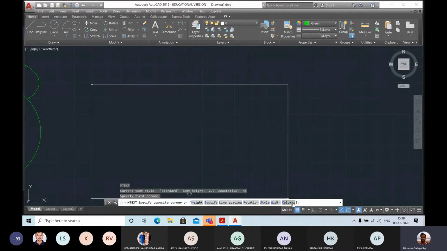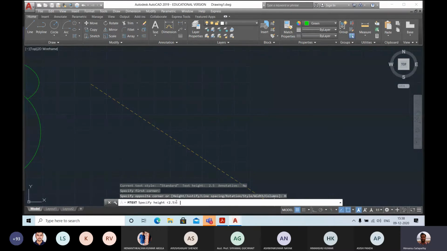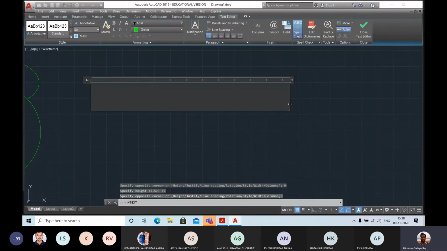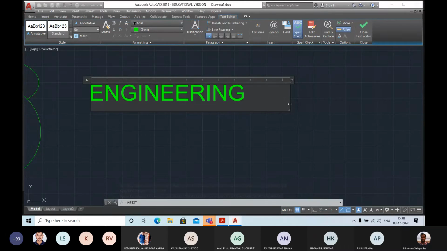Then you can find on the command line there are options: height, justify, line spacing, rotation, style, width, all the options are there. Go to the height option. You can see it is already 2.5 mm, but I need a 50 mm text. So I just write 50 mm and press enter. Then you can click on the second corner point. Now you can write anything. If I write engineering drawing,